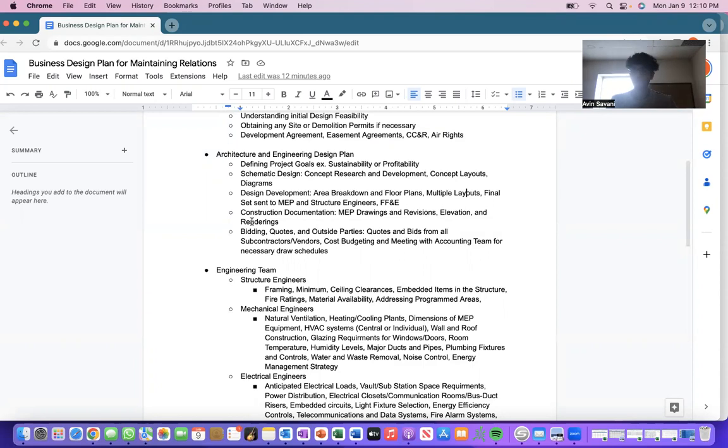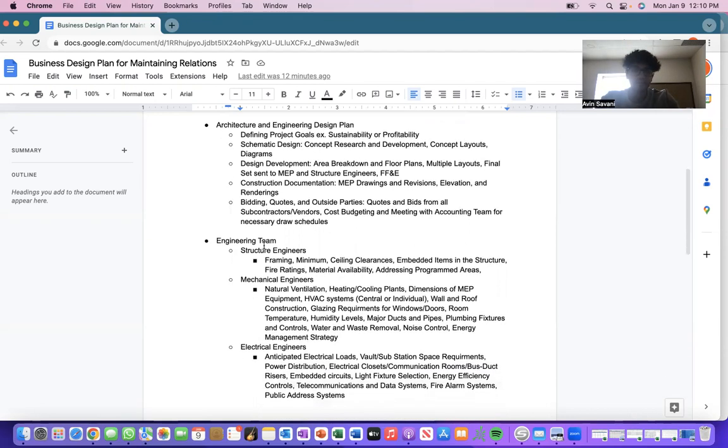So elevation, obviously, how many floors are you trying to get? And obviously, if it is a higher rise building, like maybe 10, 20 stories even sometimes, you're required to get air rights, and that's another thing that you have to talk with the township about and see what they have to say.